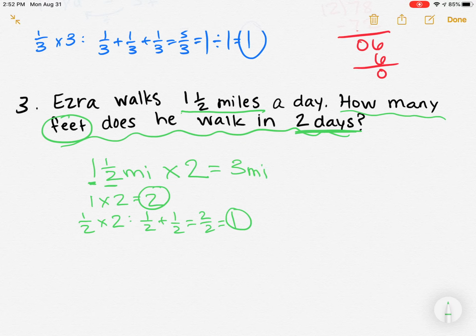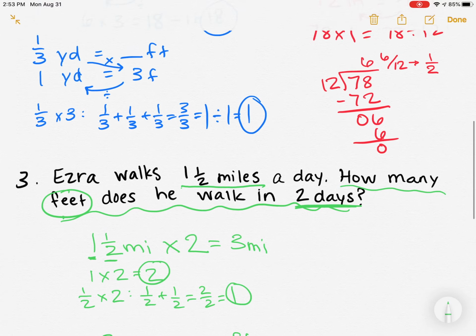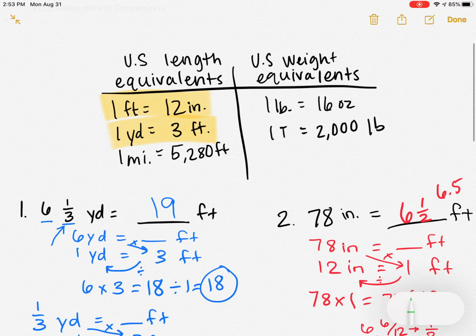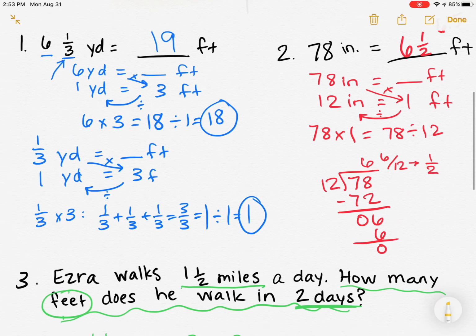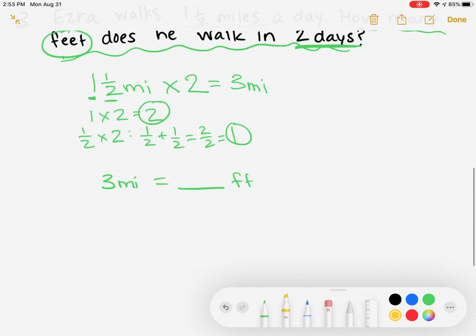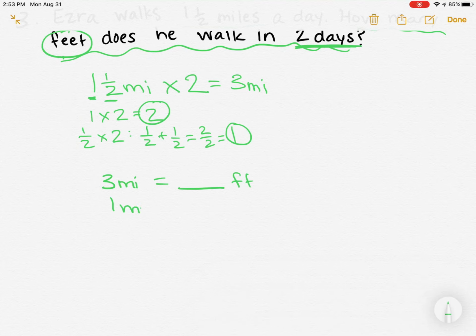So Ezra walks 3 miles in 2 days, but we need to convert it into feet because the question says how many feet does he walk in 2 days? What is 3 miles converted into feet? Let's look above for that conversion. Looks like 1 mile is equal to 5,280 feet, so I will set it up accordingly. 1 mile is equivalent to 5,280 feet. Cross multiply. 3 times